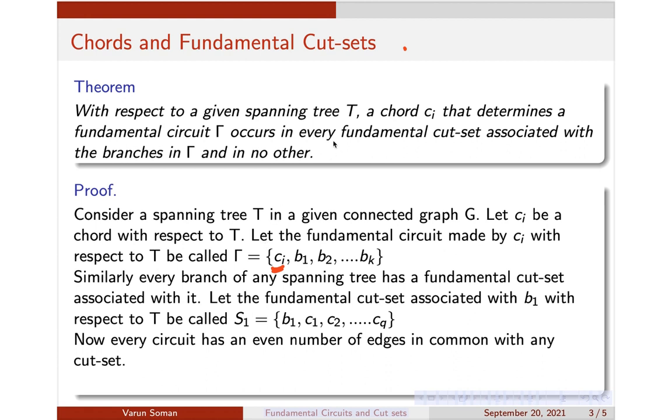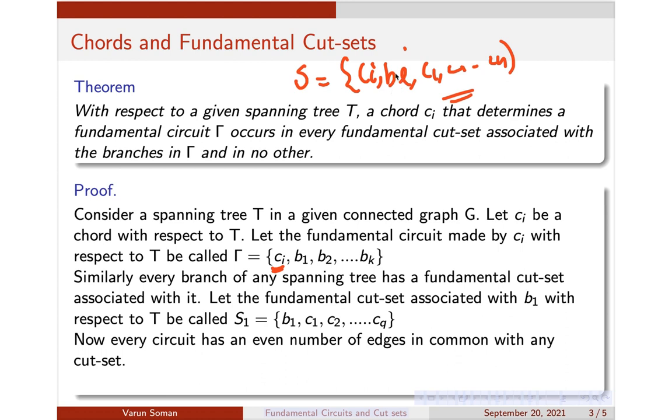Okay, so suppose it occurs in some other fundamental cut set. What will be the problem there? Suppose it occurs in some other fundamental cut set, maybe I'm taking as S here. Okay, so this S will contain this Ci and it will contain exactly one branch. So suppose I'm taking a branch which is distinct from this. I'm taking a branch called BL which is not in this one. Okay, and it will contain other chords also. So it may contain C1, C2, etc. Cn. So suppose there exists a fundamental cut set which contains Ci and which does not contain this B1, B2, etc. Bk, say BL. I'm calling it BL.